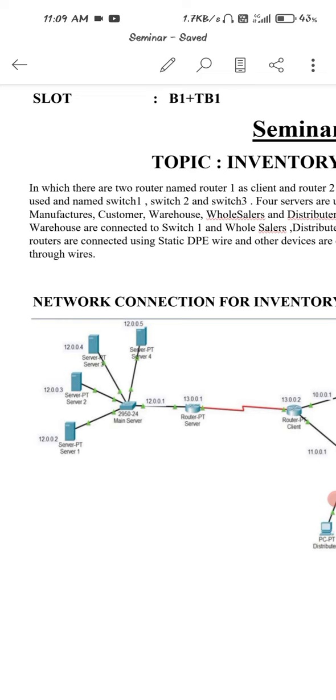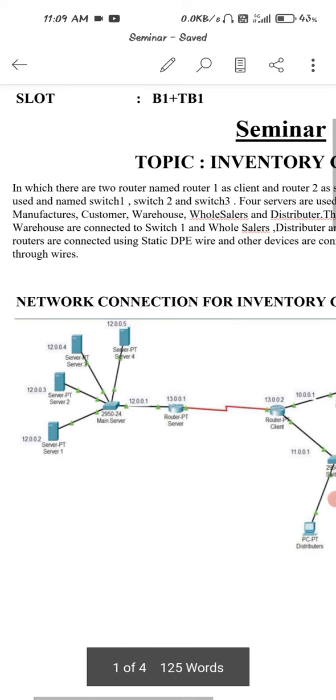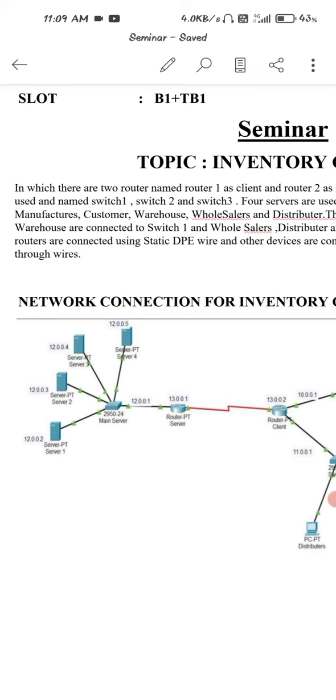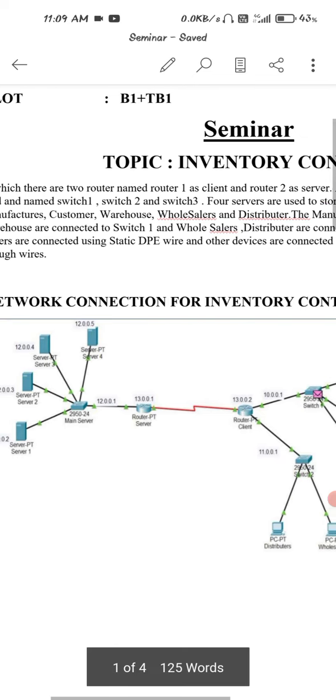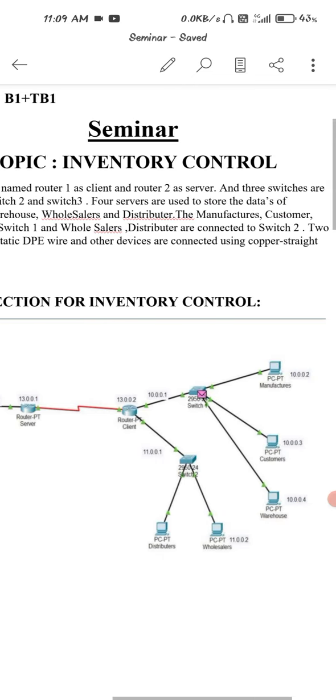They are connected to the main server, whose IP address is 12.0.0.1, and it is connected to a router. On the right side of the router, there are the manufacturer, customer and warehouse connected to